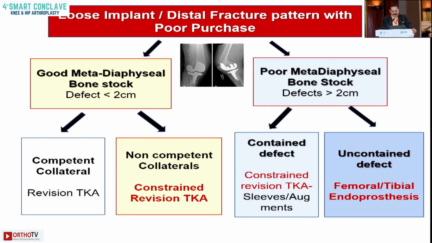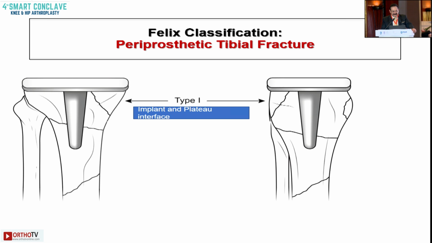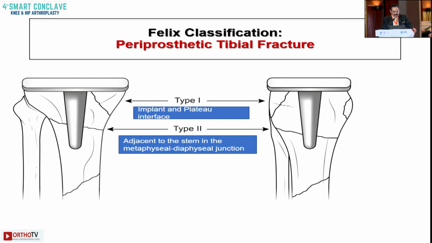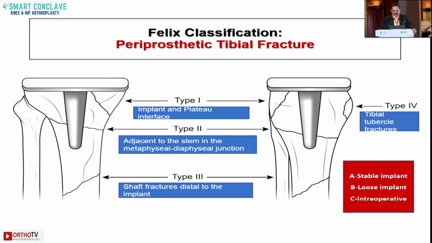Tibial periprosthetic fractures are less common than femoral periprosthetic fractures. The most commonly followed classification is that of Felix. 4 types: type 1 near the base plate, type 2 around the stem, type 3 distal to the stem. In fact, this is just a classification. Majority of fractures fit into either 1 and 2, or 2 and 3, because they are not just in one area. Type 4, fracture of the tibial tubercle, and subclassification ABC into A, stable implant, B, loose implant, and C,